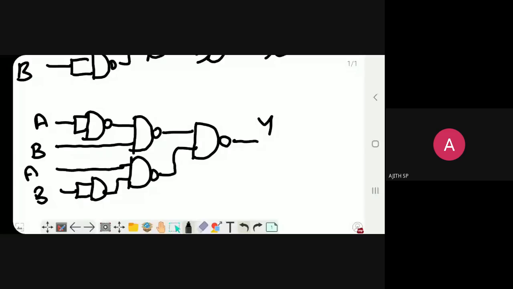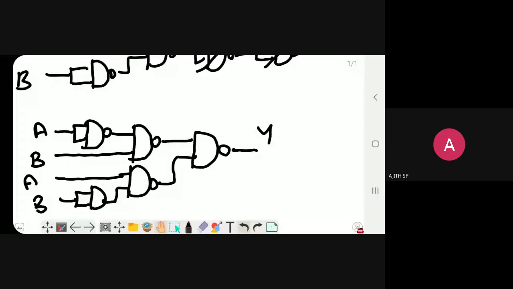Okay. Before this, I want to tell you one thing: if you draw the implemented diagram only in two levels, two levels is nothing but, so this is the first level and this one is the second level. So this is the two-level logic diagram.